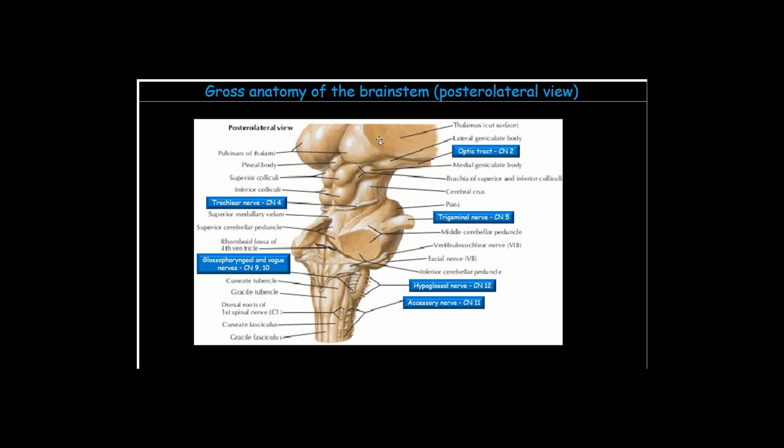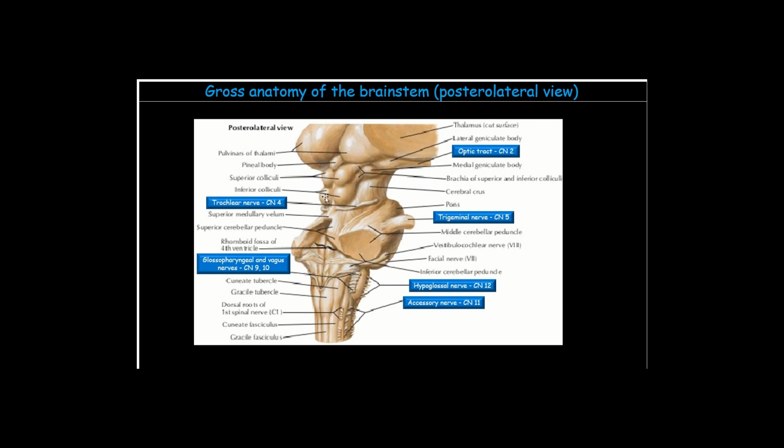nucleus of the thalamus. The superior colliculus is concerned with vision and is linked with the lateral geniculate body, which also receives the visual information. The medial geniculate body receives the auditory information. It's part of the thalamus, and that auditory information comes in from the inferior colliculus through the inferior brachium into the medial geniculate body. So these are some important gross anatomical features which you should be able to identify on